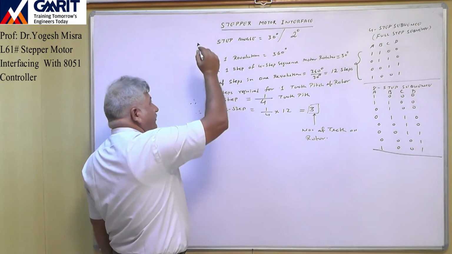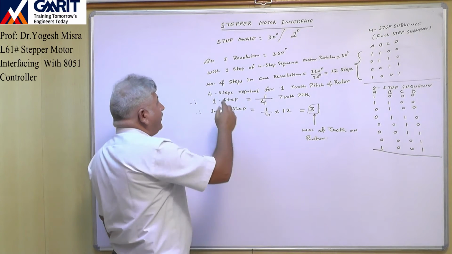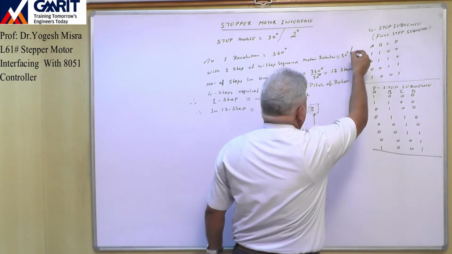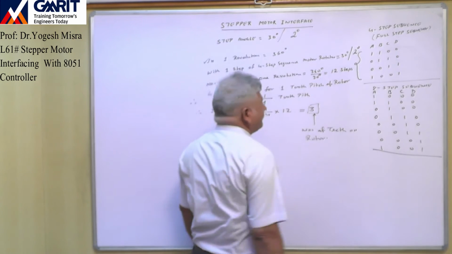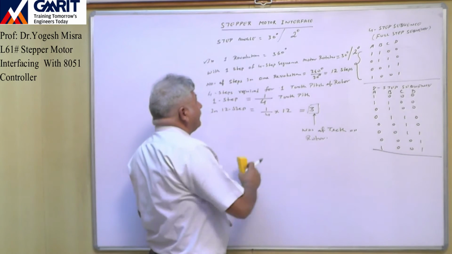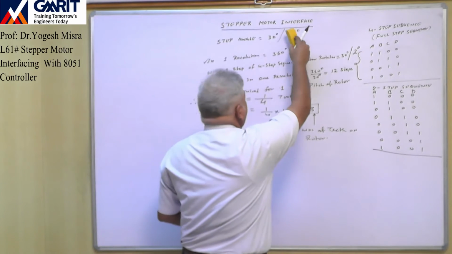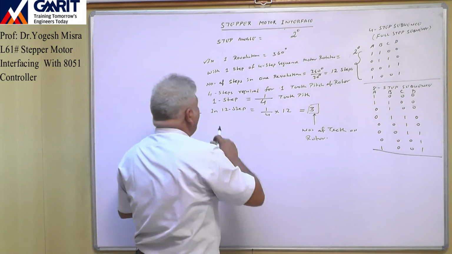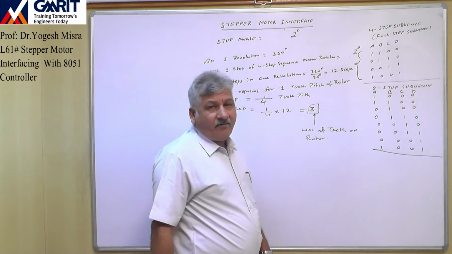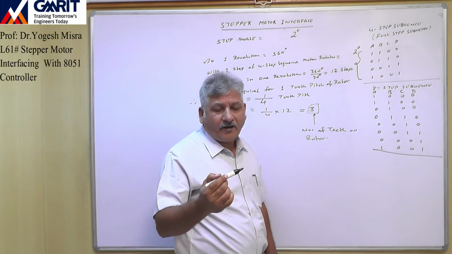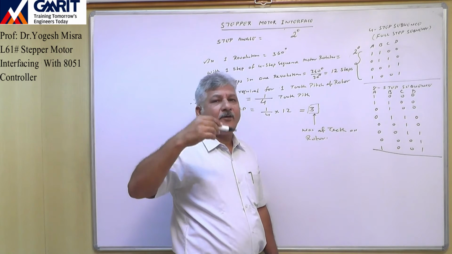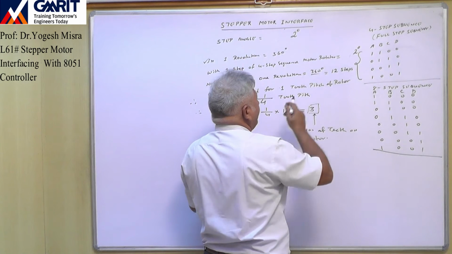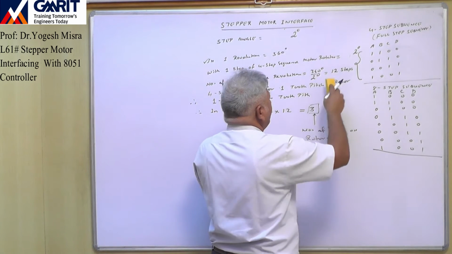In one revolution, the motor will rotate 360 degree. With one step of 4 step sequence, motor rotates now 2 degree, because we are talking about this stepper motor with step angle 2. Now number of steps in one revolution. In one step, motor rotates 2 degree. Then how many steps will be required to complete 360 degree? So it is 360 divided by 2 degree. So we will get